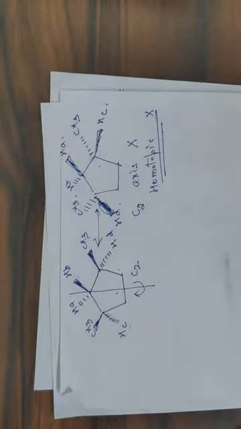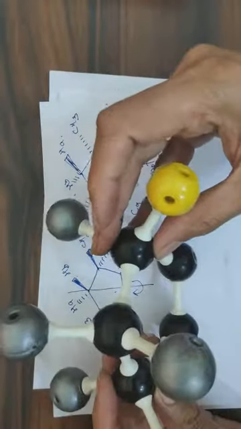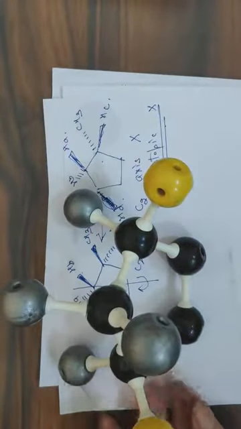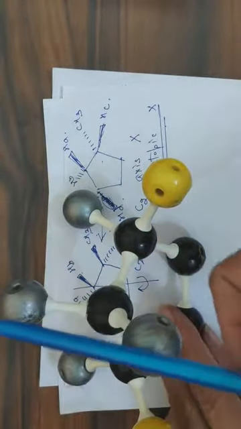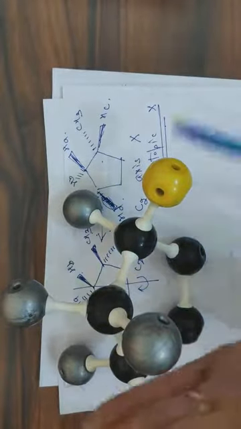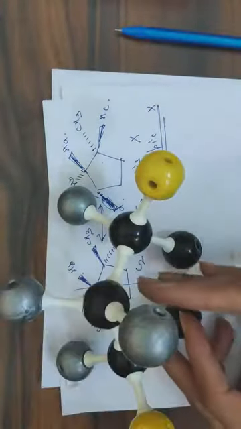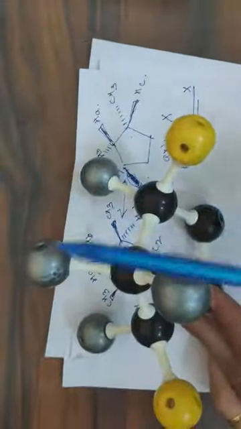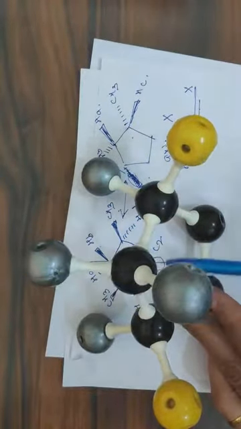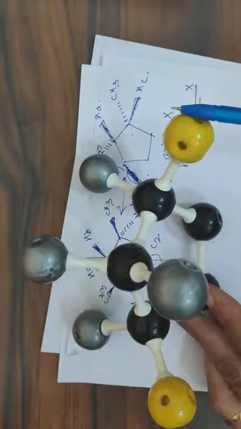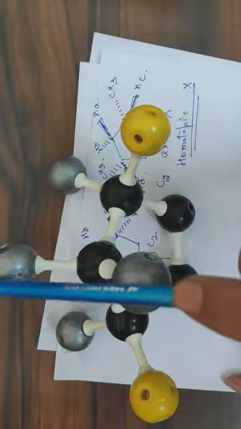So now if you pass a plane of symmetry, a plane which divides this into two equal parts. If you pass a plane from here, through its center, this plane will cut this through the center like this. This plane will cut these into two parts. This part and this part are mirror images of each other. It means a plane of symmetry is present.